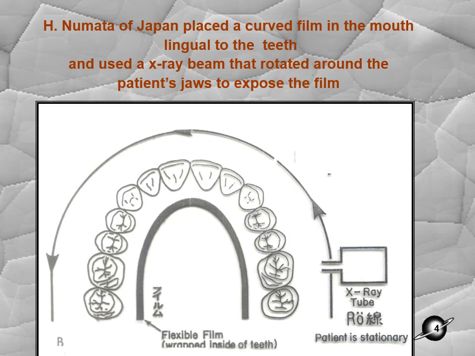As seen with an image, the image of a molar can be displayed on a film on the lingual side. Then the X-ray source rotates to the premolar area. Then the image of the premolars is displayed on the film adjacent to it. Then the X-ray source rotates around the central incisors, and the incisor image is again displayed on your film adjacent to it. That's how we get a single arch, complete dentition, in a film.